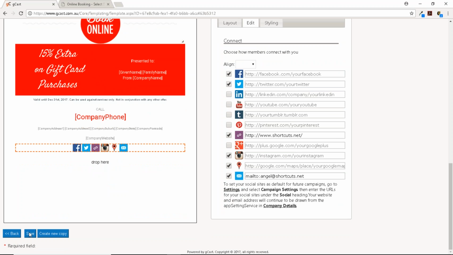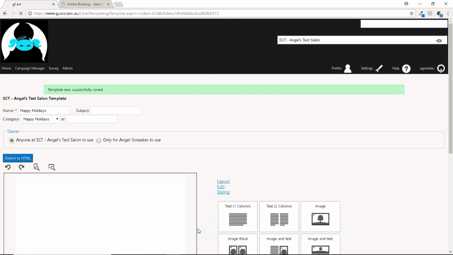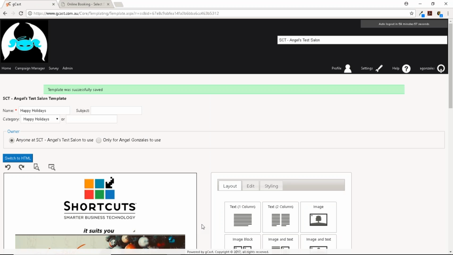Okay, and then I'm going to go ahead and save that. Okay, you guys, any questions about creating my holiday or my Christmas template? Okay, again, it's designed to be easy for you by just grabbing one of the ones that we have, saving it as your own, and then quickly changing out a couple of things, right?